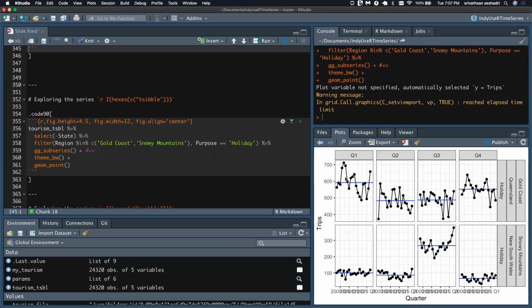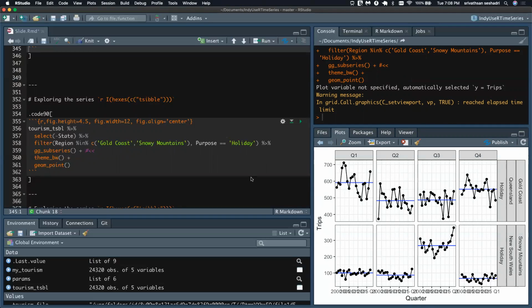And it shows all the Q1 variation from year to year, so from the first year all the way to the 20th year, and so on, right? You can see the Snowy Mountains have more traffic during the Australian winter, right? And likewise, the Gold Coast seems to have more traffic during the Australian summer, which is Q1 and Q4, right?